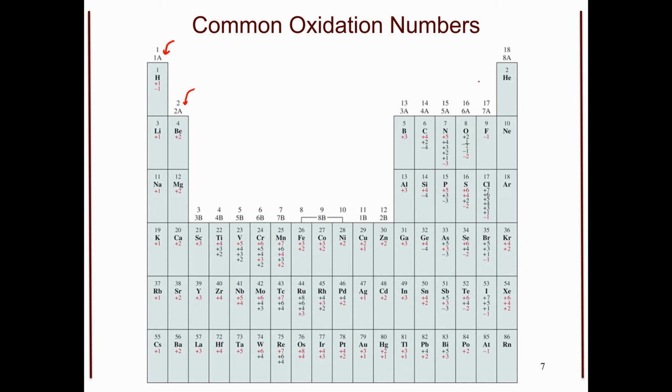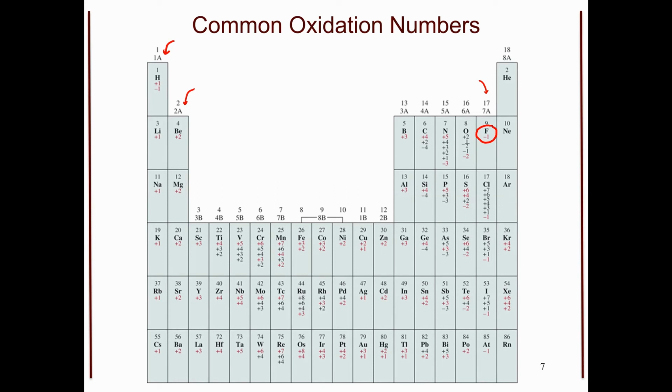Then you can see as we are going to our halogens, here is fluorine at -1. This is the only one that we are sure of. Then go ahead and look at chlorine. There is a multitude of oxidation numbers. It actually can adopt 7 different numbers. So when chlorine is the most electronegative, it really likes to be -1. But if there's another atom, historically oxygen, involved, it is going to turn it into a positive oxidation